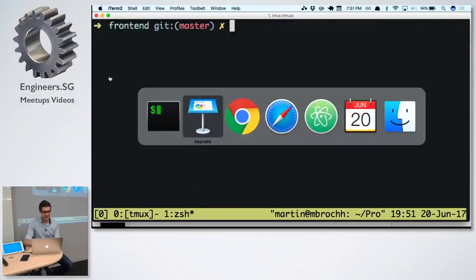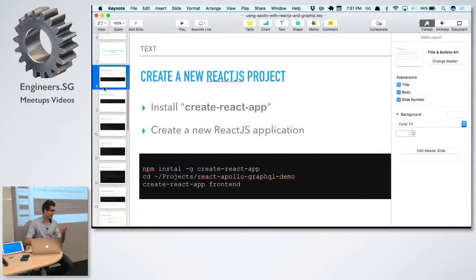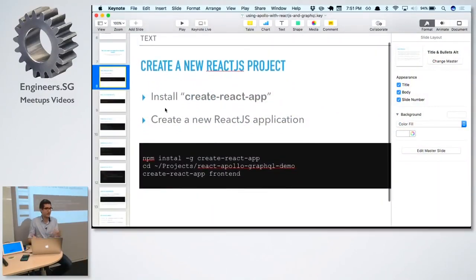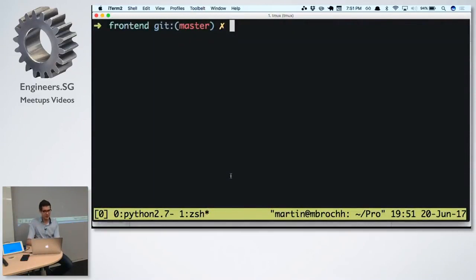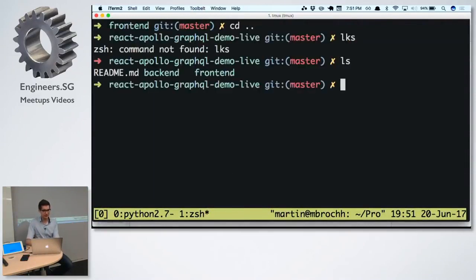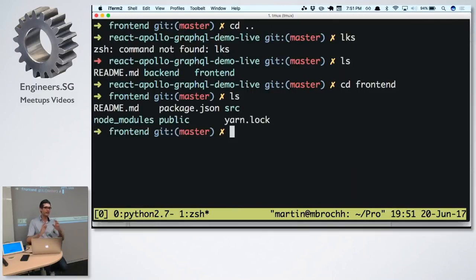So if you wanted to now start using ReactJS and Apollo, the first thing you need to do is create a ReactJS application. And these days, this is pretty easy. You can do npm install global create-react-app, and then you execute create-react-app, and you give it a name. So you would do that when you clone my repository, right? There is already a front-end folder. You can delete that folder and then start from scratch again doing this, right? I don't want to do this now because it downloads a lot of stuff from npm. So I just imagine